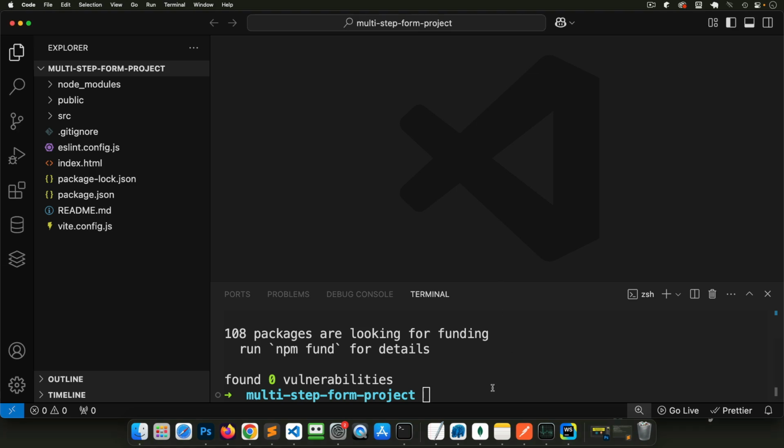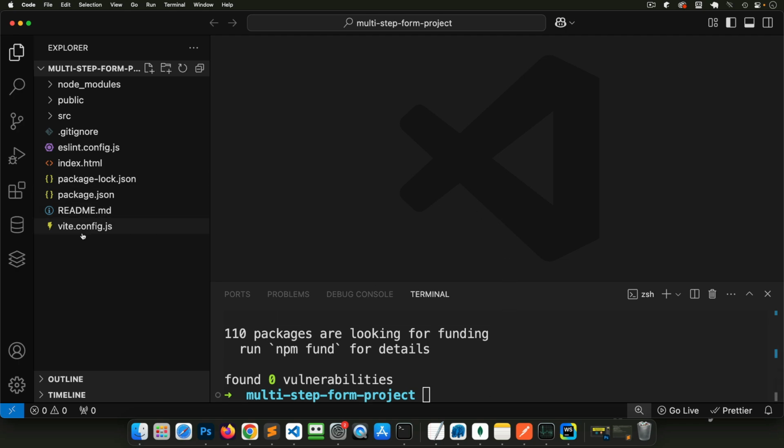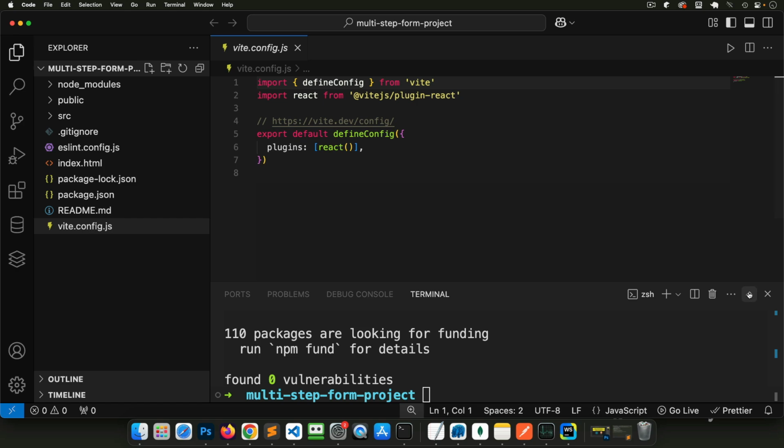So let's go ahead and do npm install, and that would be tailwindcss @tailwindcss/vite. Okay. So once that's done, we're going to go into the Vite configuration file in here, and we're going to